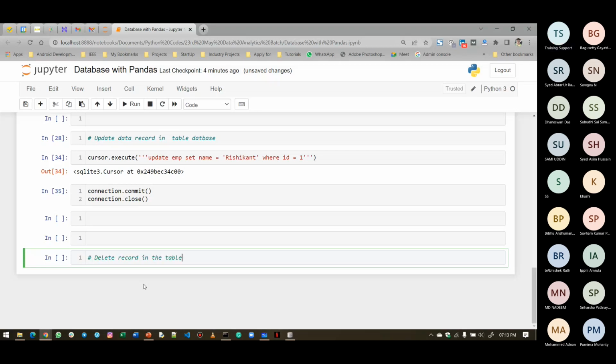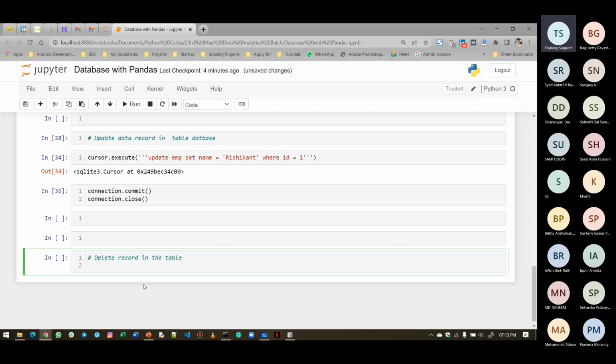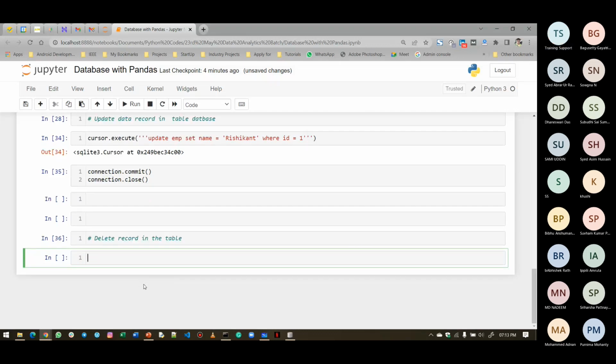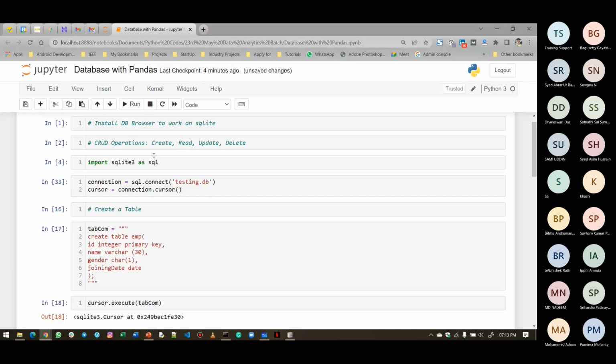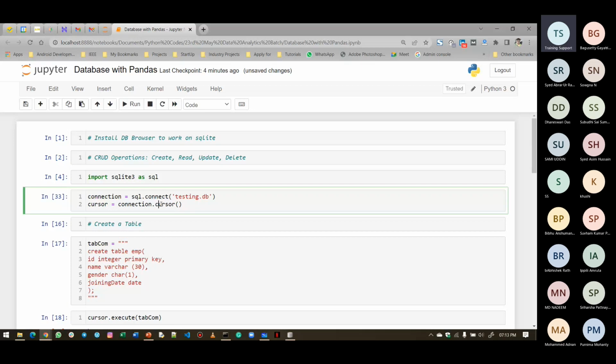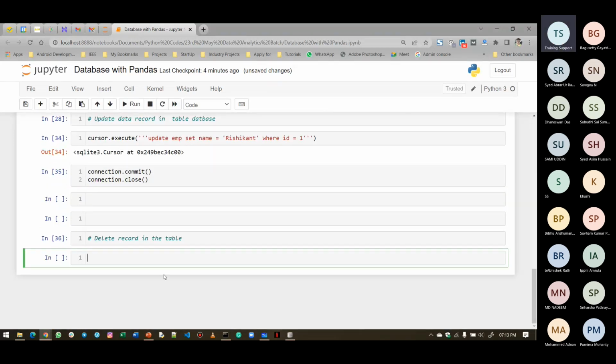This is the next class. How is delete done? Let us see that. Again, obviously, we'll open the connection. Once this is done, then we will delete. How will we write here? cursor dot execute. Then delete